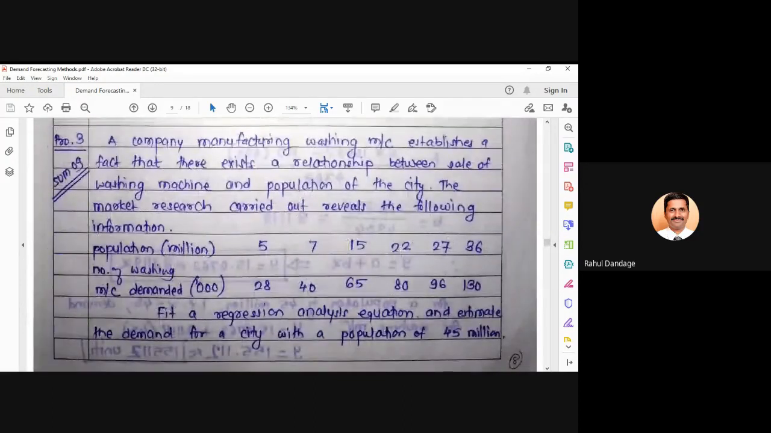So a company manufacturing washing machines establishes a fact that there exists a relationship between sale of washing machines and the population of the city. The market research carried out reveals the following information. So parallel, you can just note down this problem. Population in millions, it is 5, 7, 15, 22, 27, 36. For the time being, you can just note down the table, because the upper theoretical statements are not much important. What is more important is the